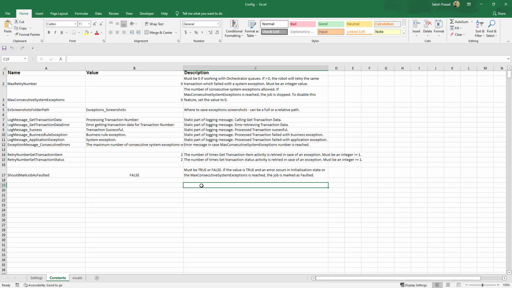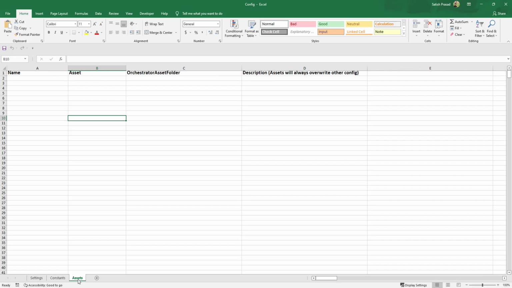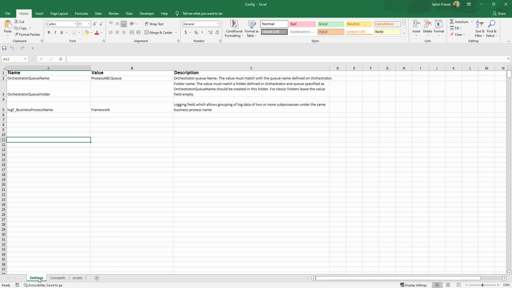Everything that you define here will go into a dictionary called config, but they are separated here just to make it more readable.